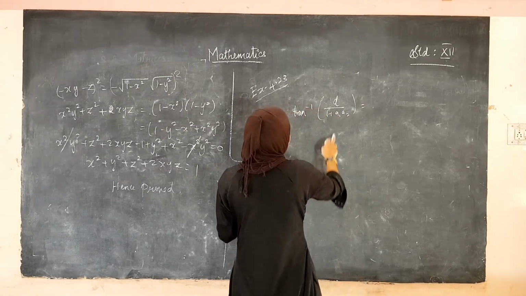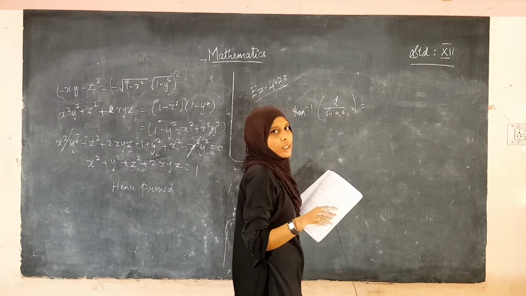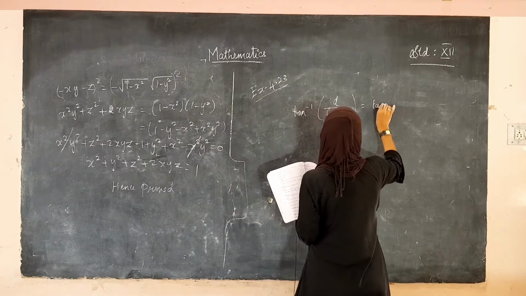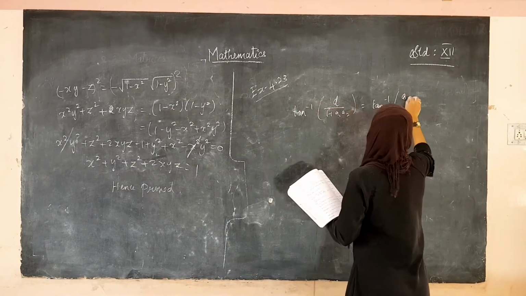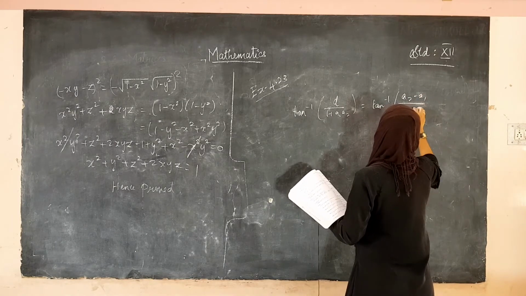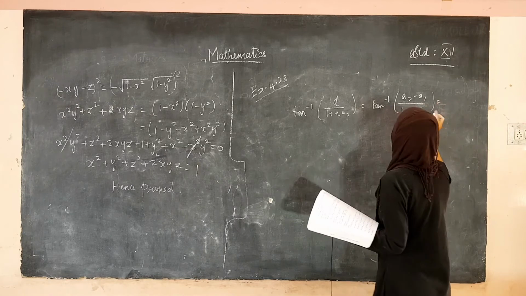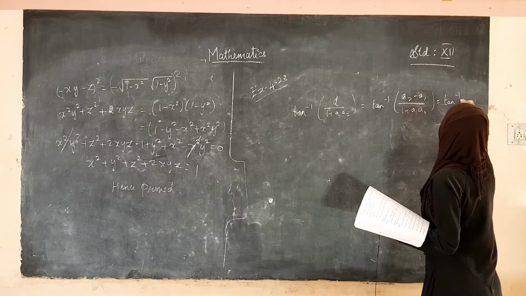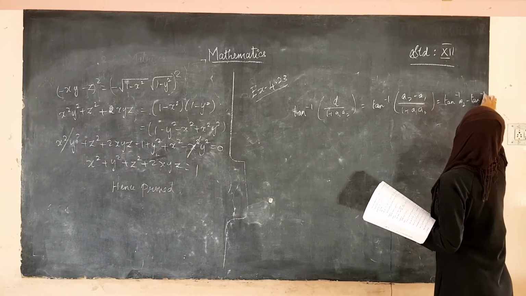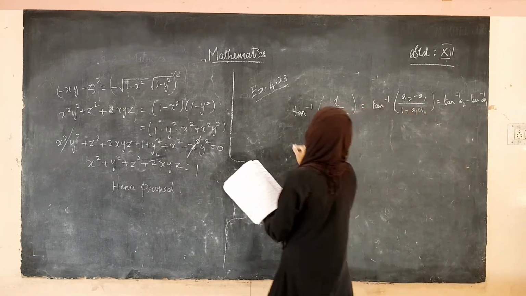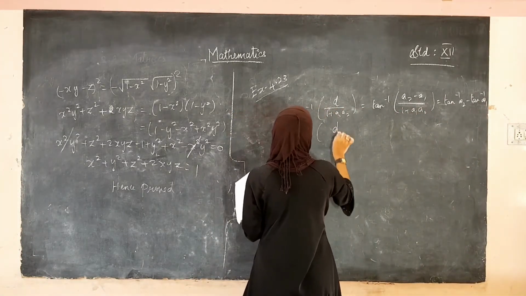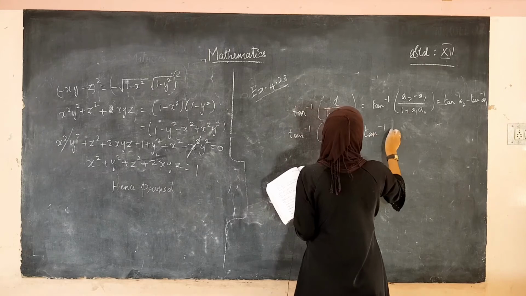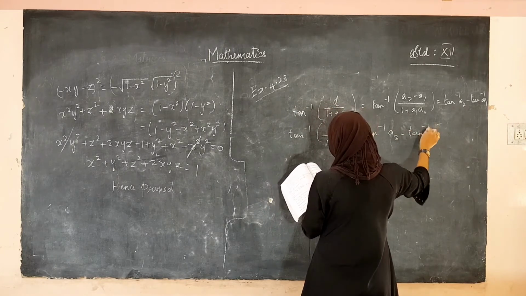Right? What is the d? See, here we have taken the elements a1 and a2. Therefore, we are going to write d as the difference between a2 and a1. Therefore, this can be written as tan inverse of a2 minus a1 divided by 1 plus a1 into a2. See, this is the formula for tan inverse of a2 minus tan inverse of a1, right? Similarly, the next term, tan inverse of d divided by 1 plus a2 into a3, can be written as tan inverse of a3 minus tan inverse of a2.